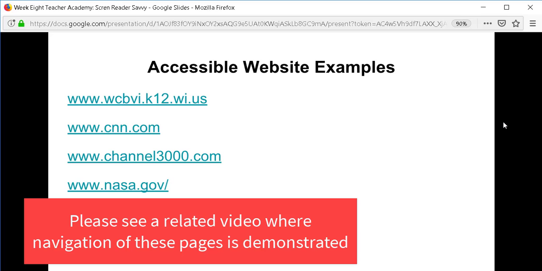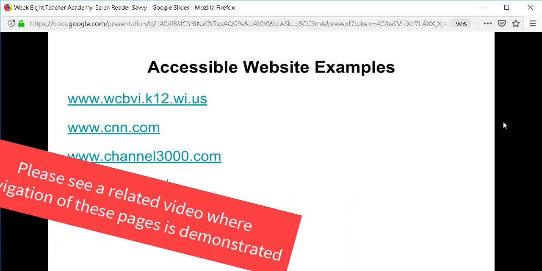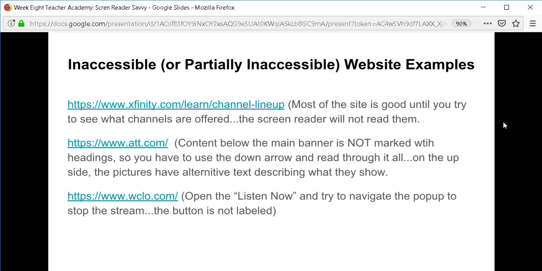So we're going to go through a couple of these in another video on this drive and kind of look through that. We're also going to look at these examples of inaccessible or partially inaccessible websites. I'm telling you which ones, there are three of them, and I'll give you an example about why they are not accessible. For example, the first one is most of the site is accessible,